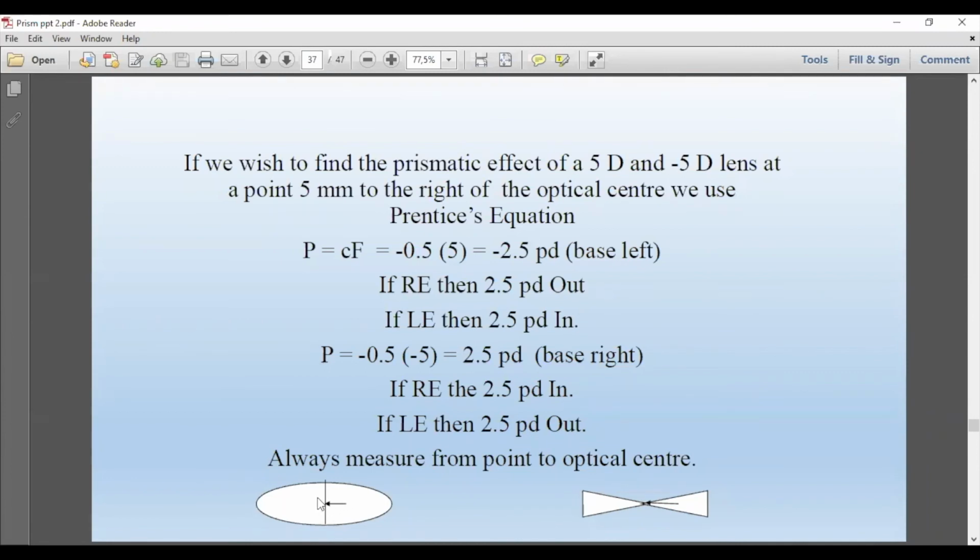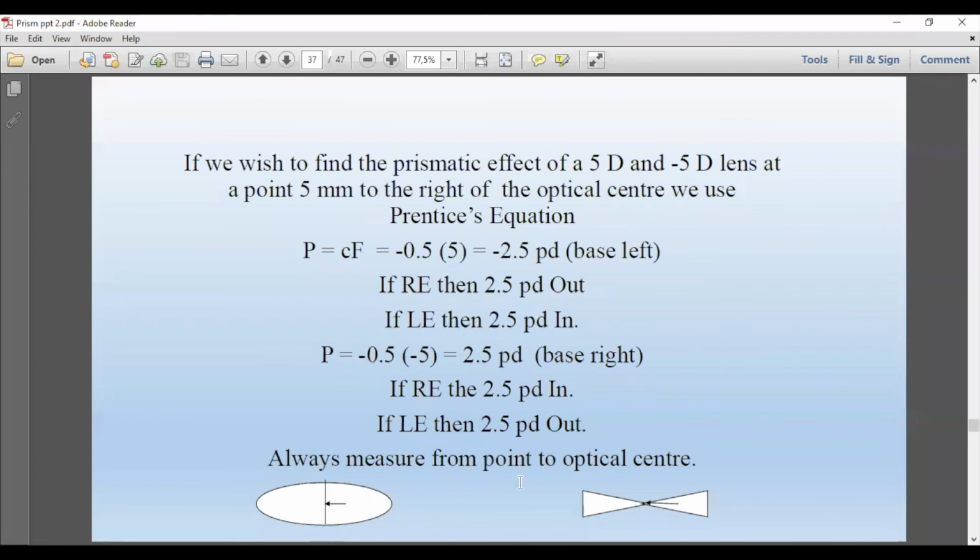So it's base left. In other words, if it was the right eye, it would be base out. Can you see that? I didn't say if it was a right eye or left eye, but anyway, it will be base left. So just to repeat, if it was the right eye, it would be base out. If it was the left eye, it would be base in. And the